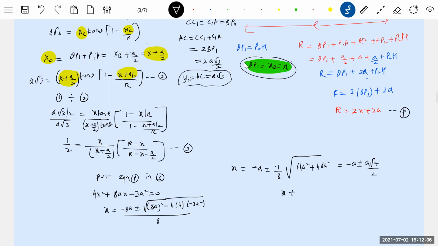So now x plus a can be written as a by 7 root 2, 7 by 2. Substitute this in the final equation, so here we will end up like this, no, 2 into x plus a. We'll substitute in the final equation, so our answer will be r is equal to 2 times of